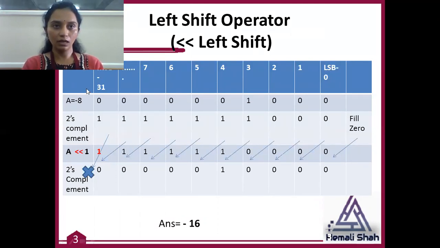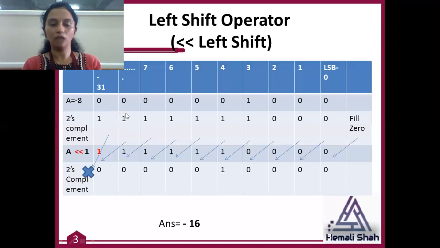Here I have taken a as an integer value, and a has the value -8 inside it. So first of all, the computer represents this -8 in 32 bits. That means all the bits will go from 0 to 31. This is the bit representation of -8. To represent a negative value in a computer, you have to perform the 2's complement over the actual positive value. So here I have represented the value of 8 in binary form. It is equal to 1, then 000.